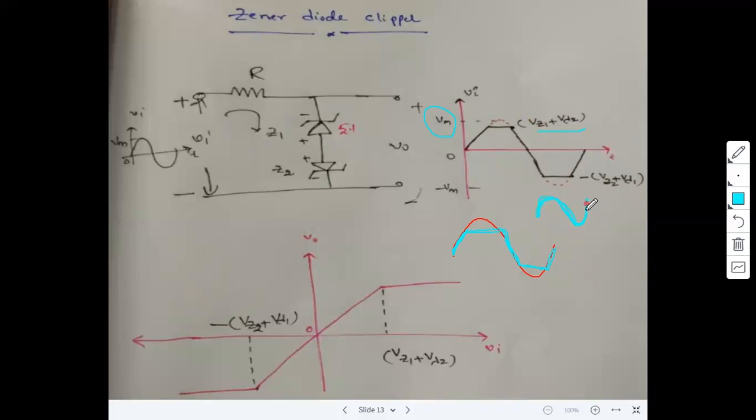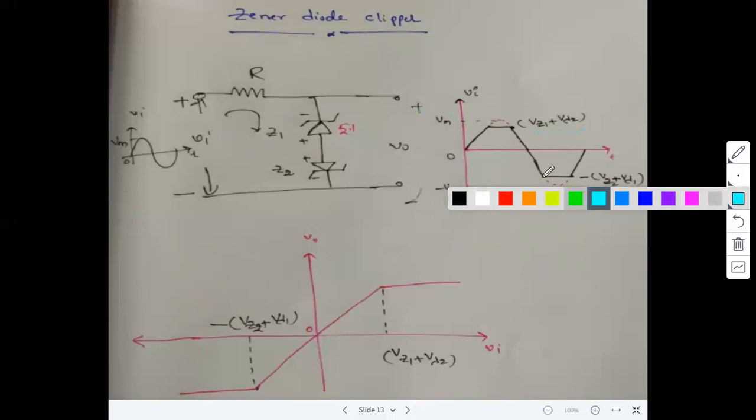So you require some clipping action. We have to apply the input voltage in such a way that the input voltage is greater than Vz1 plus V gamma 2, then only can we easily observe the clipping action, right? So this is about the